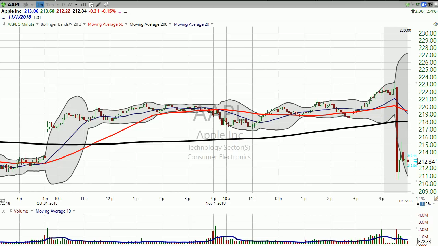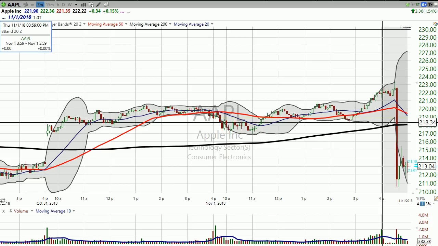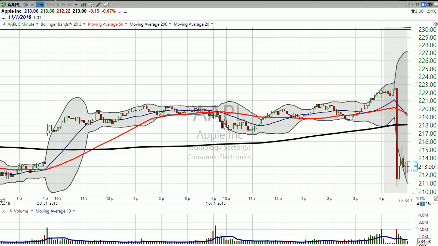But here, it looks like the stock's already down a bit, but that's really not that relevant because after this earnings, Apple's a big, high-profile company, so you're going to have a lot of ratings changes. You're going to have upgrades, downgrades, price target changes and stuff. And that's the stuff that's going to impact the stock tomorrow. As we look at this at 213.20, I can pretty much guarantee it won't be trading at 213.20 tomorrow morning. The only question is, will it be trading at 218 or down at 208?